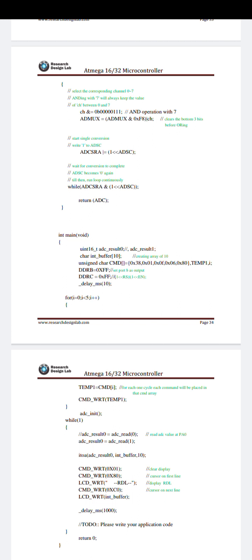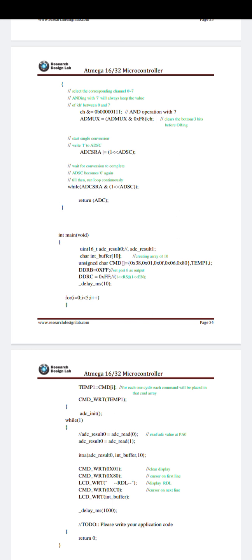Unsigned character CMD, that is 0x38, 0x01, 0x0F, 0x06 and 0x80. That is the input part declared here, that the commands are used, temp 1 and i. Then DDRB is equal to 0xFF, that is the port B is output, that is the high values.